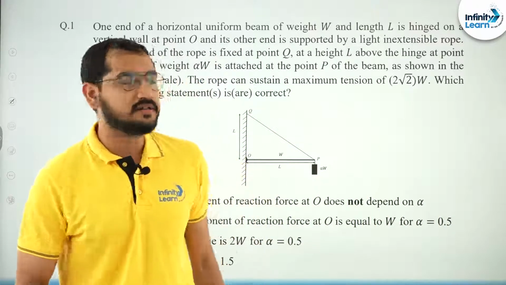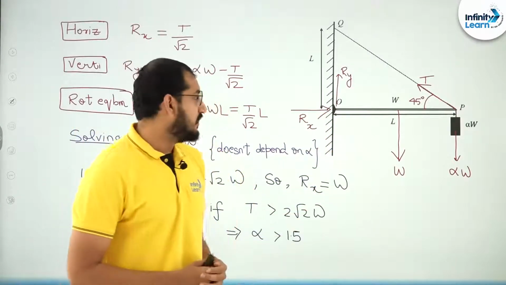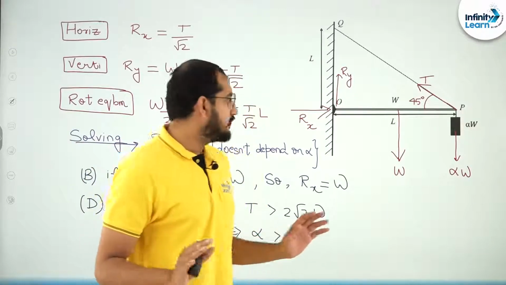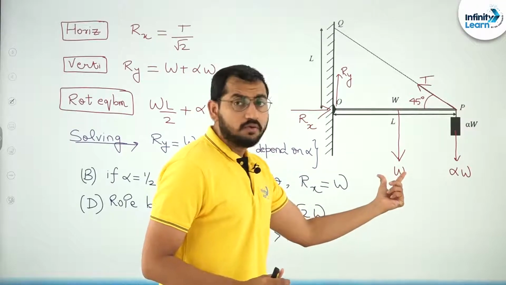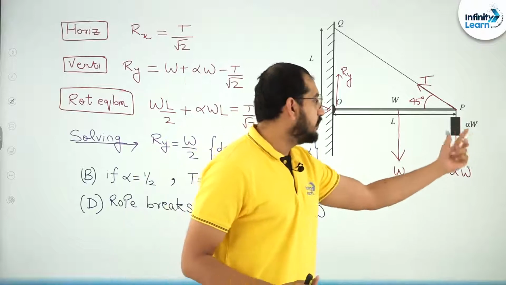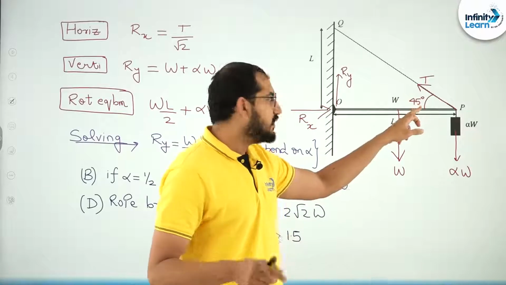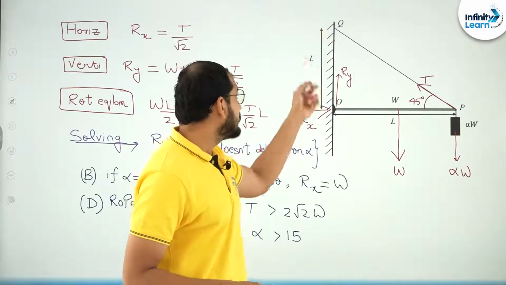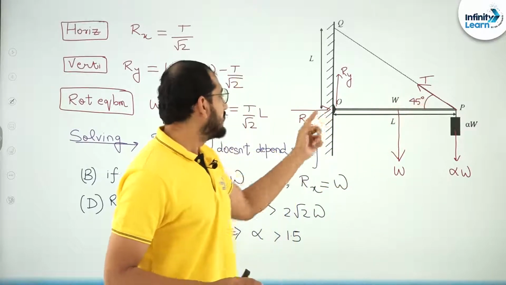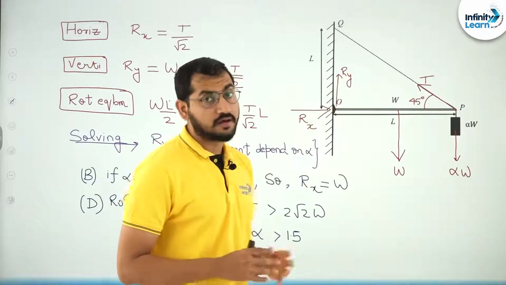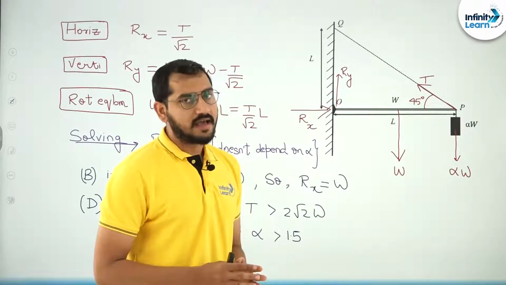So our step number 1 is to draw a free body diagram. Now how to start with the free body diagram? First of all we'll cover the gravities. The weight of the rod, this W, will act at its center of mass, the alpha W weight is acting in the vertical direction, and this is the tension. This angle is not directly given in the question, but as we can see from the geometry, this length is L and this length is L. So this angle will come out to be 45 degrees. And at this point O, some reaction forces are also there. So Rx, I have assumed that it is acting towards the right side, Ry in the upward direction.